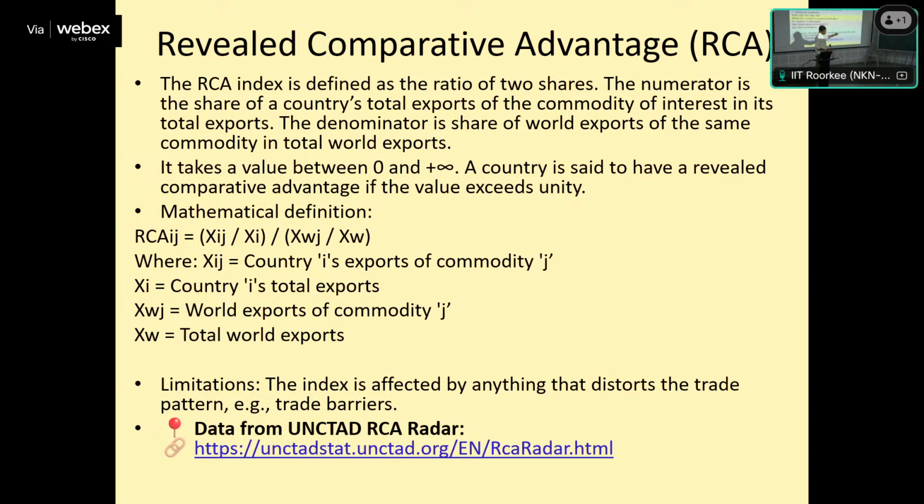Whereas RCA is concerned, it's not just the comparative advantage, it is actually the revealed comparative advantage. We are comparing with the world figure. We have to compare the world export ratio with respect to their country. Okay? When it comes to